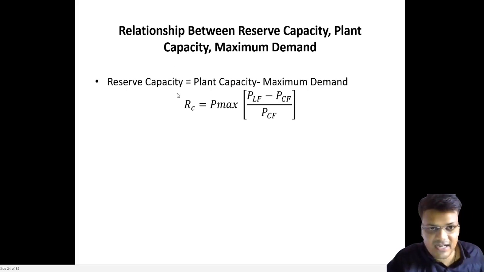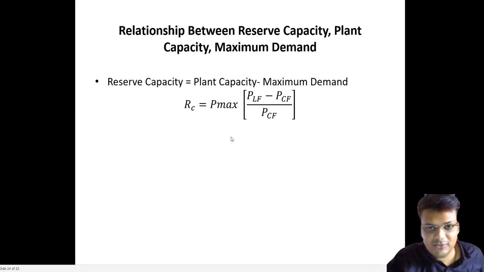But it will not be asked simply in the question. They will ask in that form, that they will give you the load factor, that we can calculate the load factor. Second, we will calculate the plant capacity factor, or they will ask the plant capacity factor by showing you the diagram. After that, you have to differentiate and divide and multiply by the maximum power. Then you will get, that is the maximum power means maximum demand. What is the maximum demand of the plant? You will get the reserve capacity.